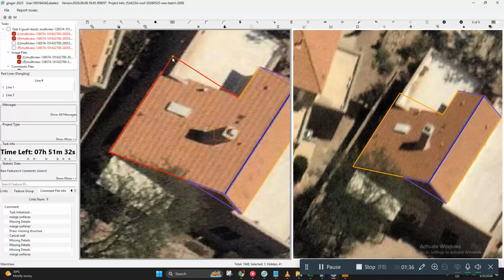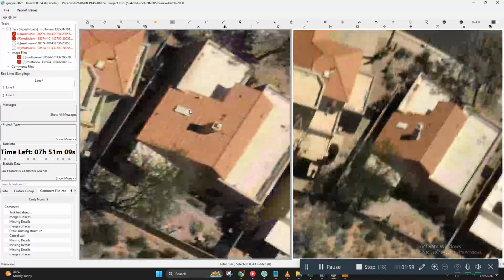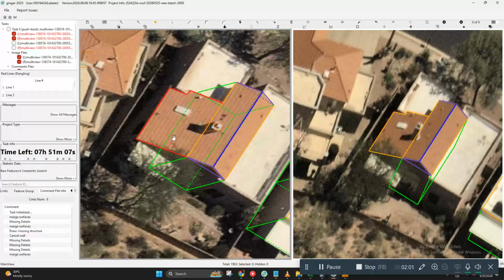And then try to adjust, and let's cut this area out. Press J again, and let's do the base.